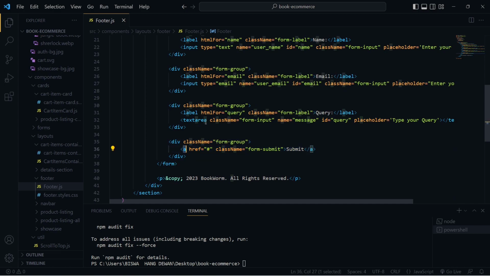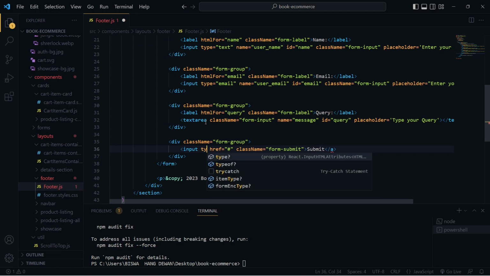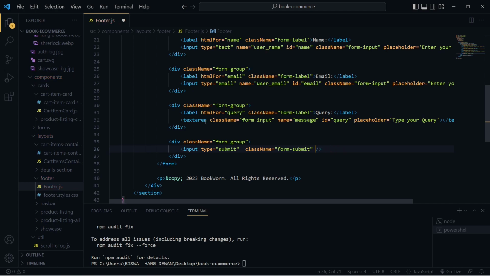Instead we need to add an input tag with a type of submit. We need to remove this href, and the class name is fine. We need to remove this closing tag and add a closing tag over here,